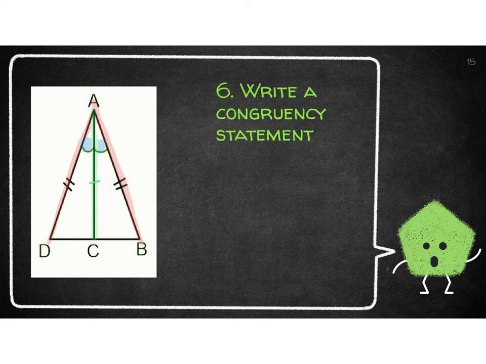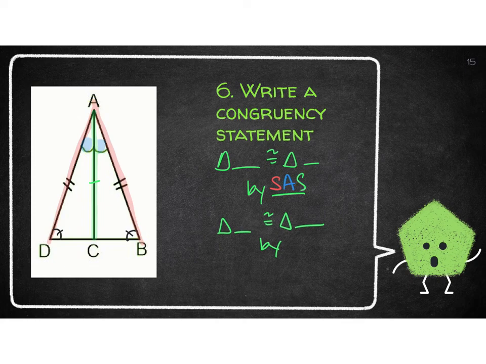And then because this is an isosceles triangle, we can say that angle D is congruent to angle B. So either we could use side, angle, side, or angle, side, angle. Either one is valid. So if we did side, those red sides are equivalent, and then angle, those angles are congruent, and then side, the green side is congruent to itself. We could do that, and we could write our triangle congruent statement as DAC, which is congruent to